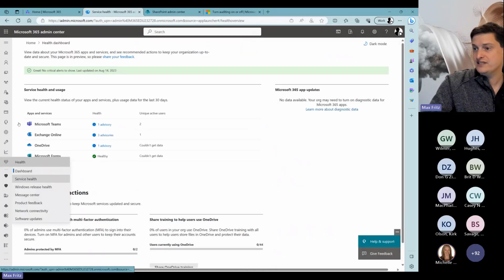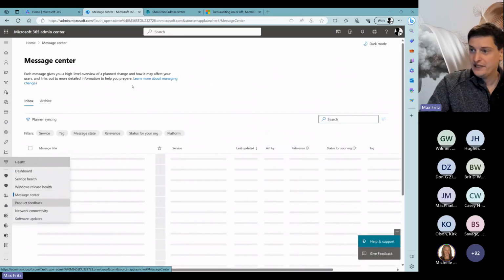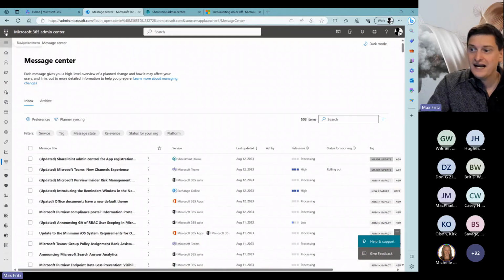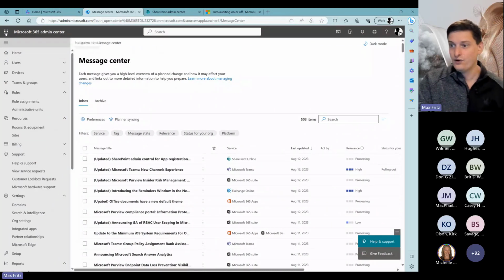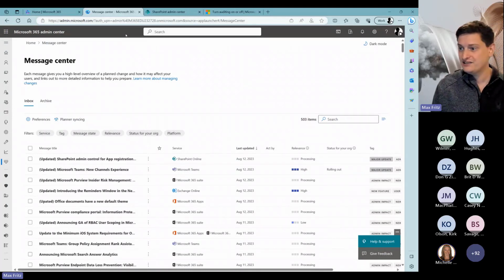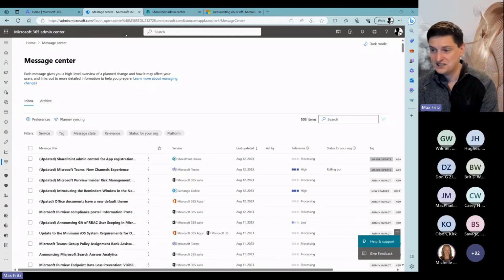So that is your service health. But the number one place I want you to know in this entire admin center, yes, the entire admin center, is your Microsoft 365 message center. Now, Don did a wonderful job at the beginning of our user group session today, walking through some of the highlighted points of the Message Center,